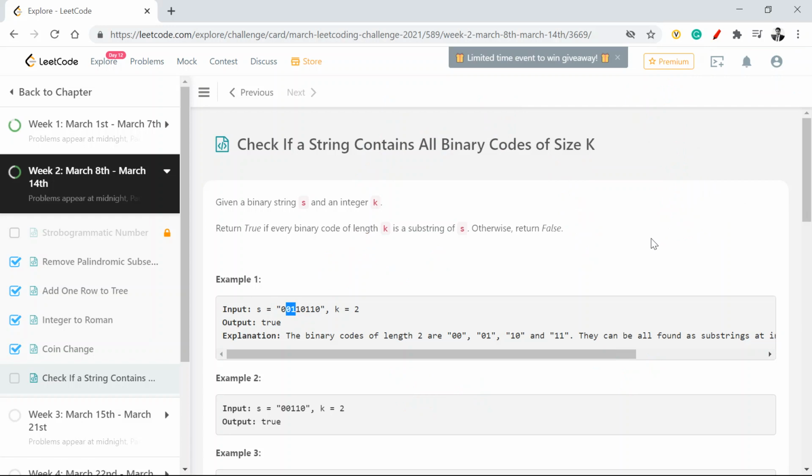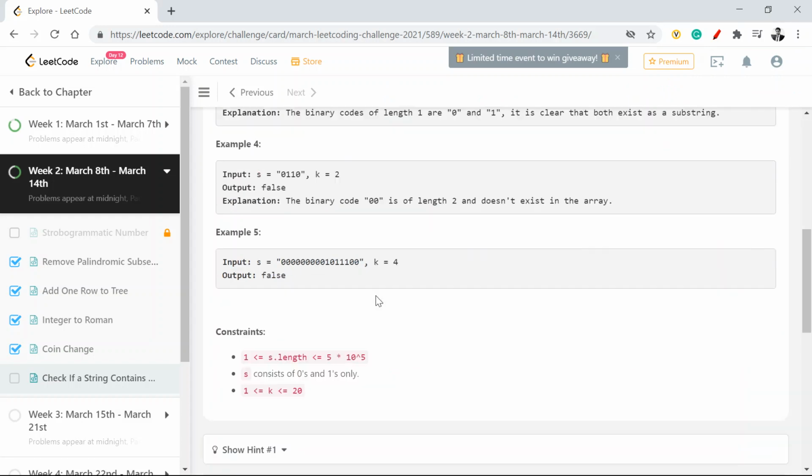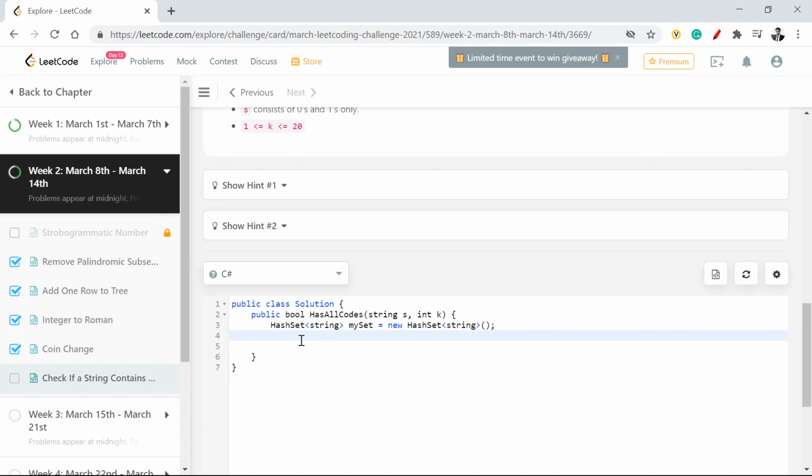That's how the whole combination count varies, and as we know, the number of combinations I can get is 2 to the power k. So I'm going to say distinct combo will be equal to Math.pow(2, k). That is the number of combinations, which here will be 4.